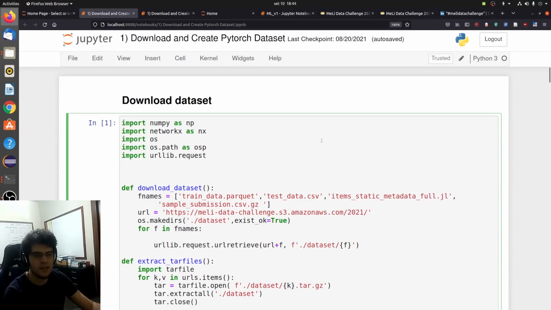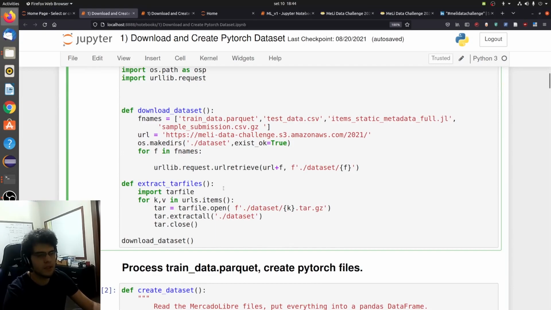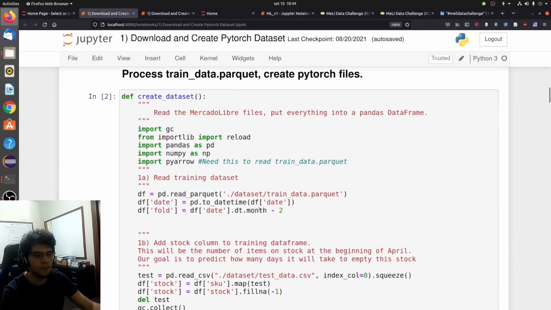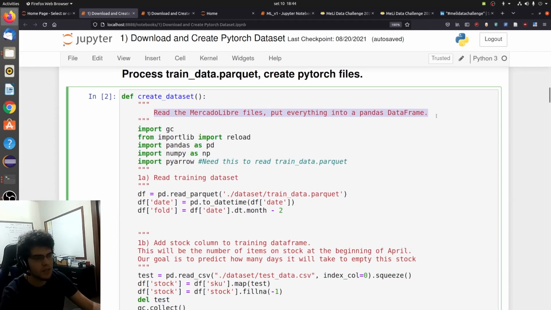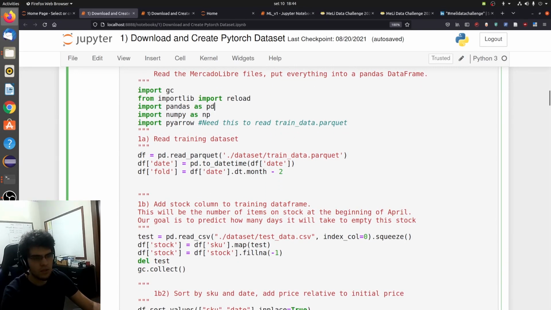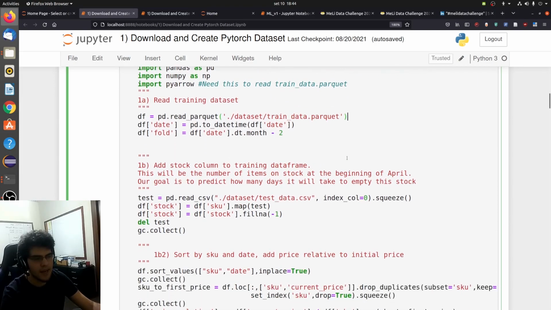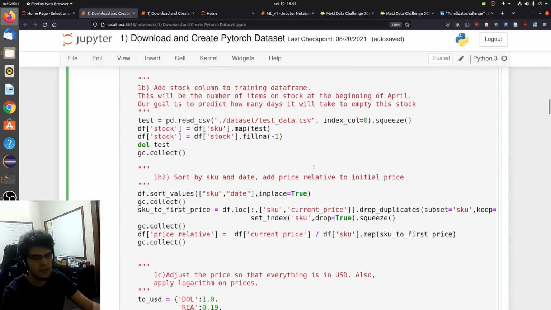Right, so this is the first notebook in which we'll download and create our dataset. So to do the downloading part, it's actually real simple code. We just use the link available at Mercado Libre's website to download the data. And after we have downloaded the data, we will read the Mercado Libre files, put everything into a pandas data frame. So to do this, we just use the function to read the parquet. We'll add date as date time, and one very important thing,